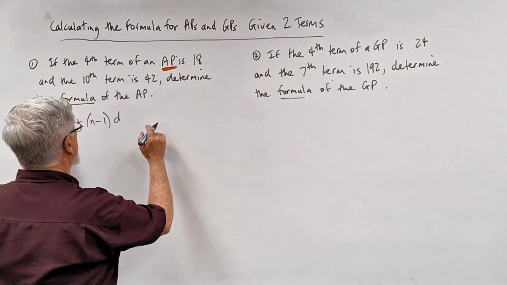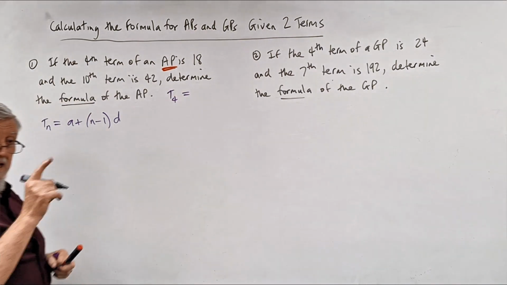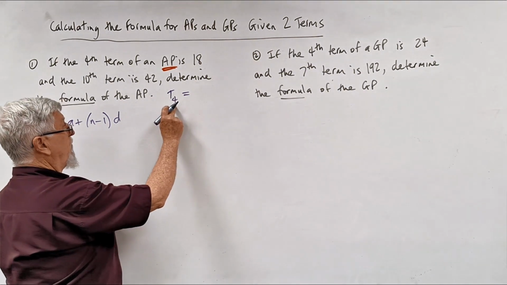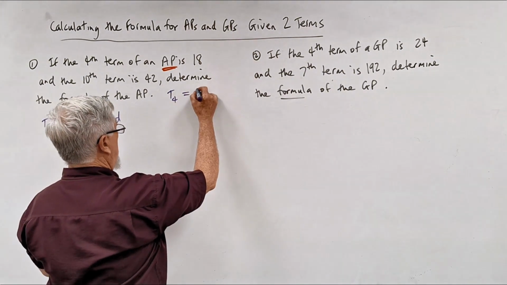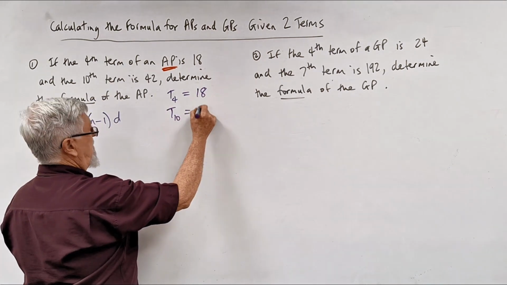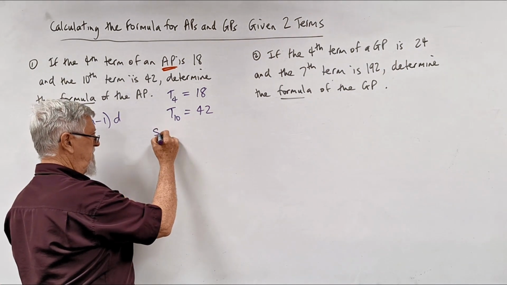So then they tell us that the fourth term, remember 4 is the position in the actual sequence of numbers. So we've got the fourth position, and the fourth position is 18. And then it tells us that the 10th position is 42. And they laugh about this all the time. Now we're just going to do